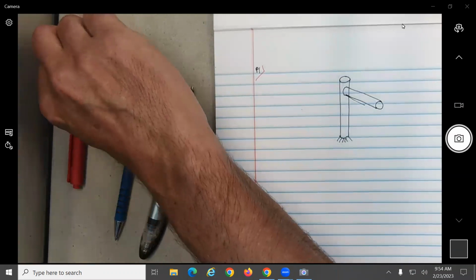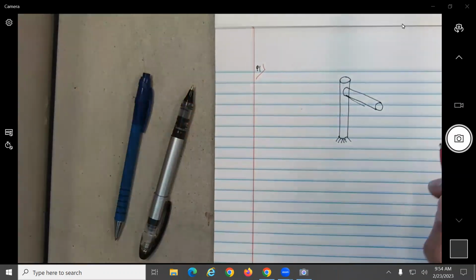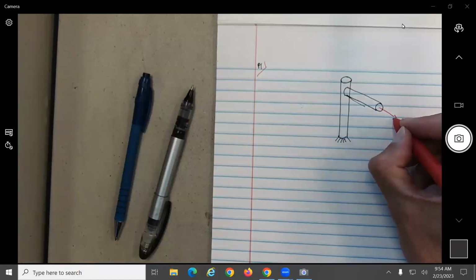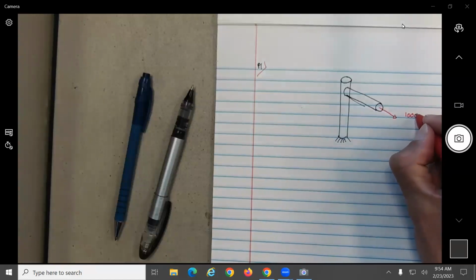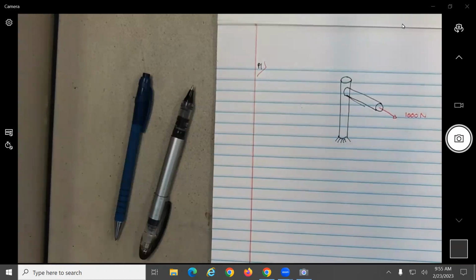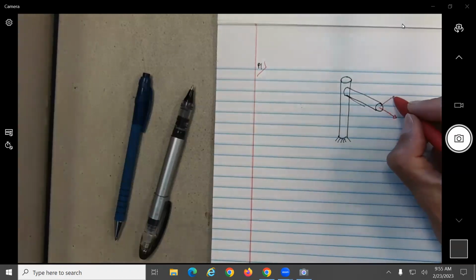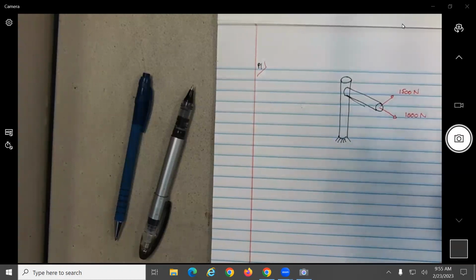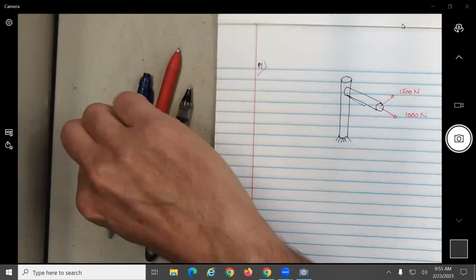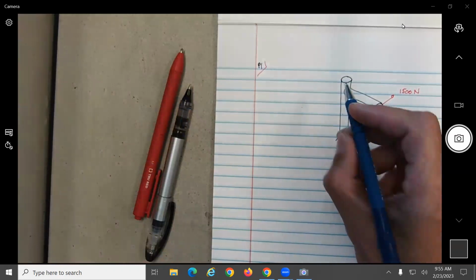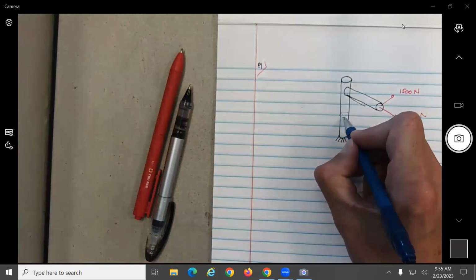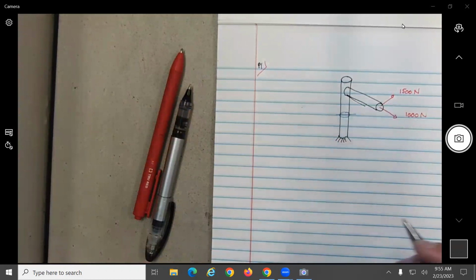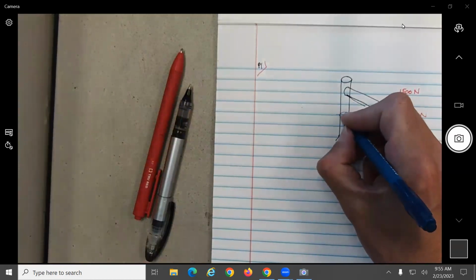All right, so let's see what we had on this one. We had a force of 1,000 newtons, 1,500 newtons, and basically here they were making a cut somewhere over here. Let's say you make the cut over there, and they were asking you about